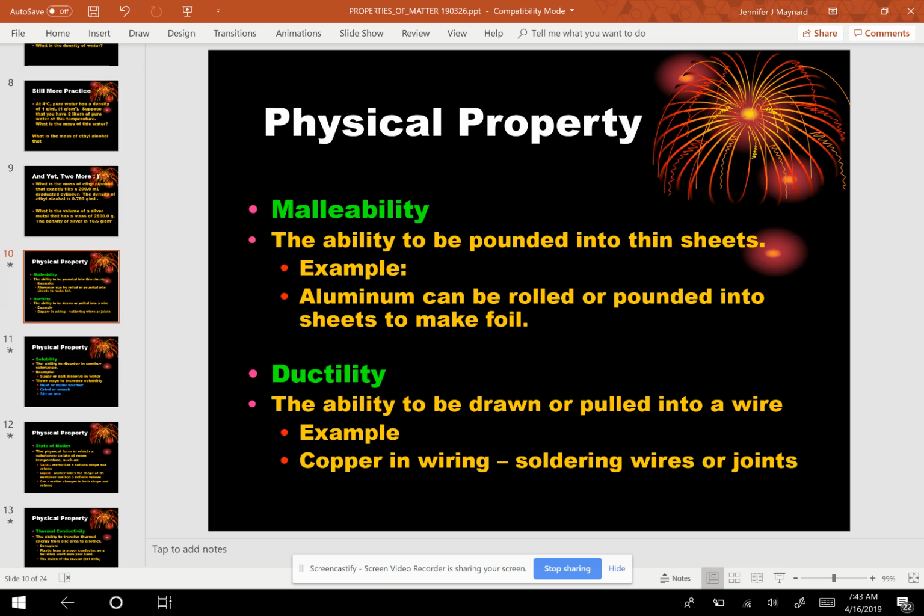vocabulary. One is malleability. I always remember it with the word mallet. Like you use a mallet like a hammer to pound things, and it's the ability to be pounded into thin sheets. For example, aluminum can be rolled and pounded into sheets to make aluminum foil, something you use in your